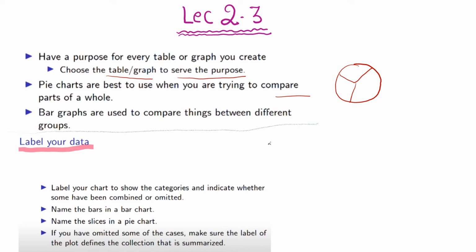Name the bars in a bar chart. Name the slices in a pie chart. If you have omitted some of the cases, make sure the label of the plot defines the collection that is summarized. It means